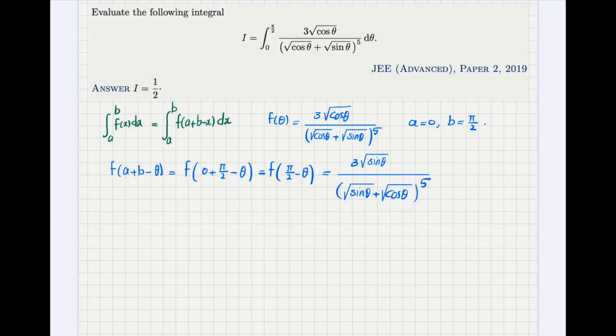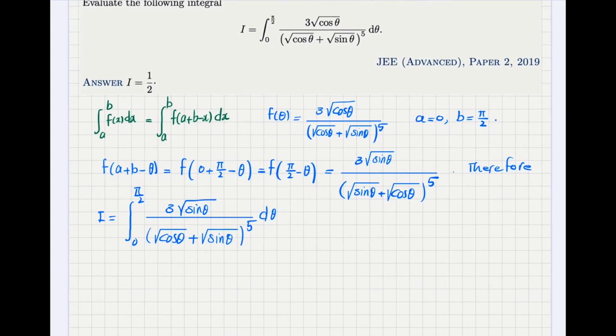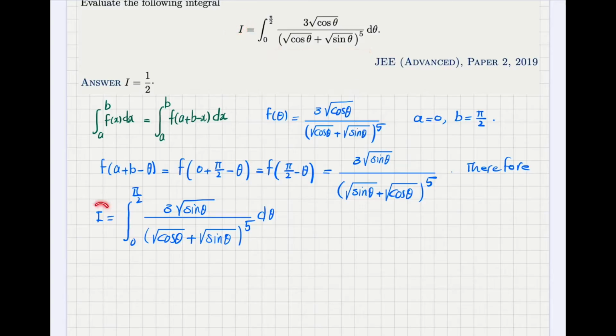Therefore I can write I is equal to the integral from 0 to pi over 2 of 3 square root of sine theta over the quantity square root of cosine theta plus square root of sine theta to the power 5 d theta. I can write cosine first, it doesn't matter because I have the addition between these two. Then the idea is the same as the previous problem. So here I have I equal to this, and I have I equal to this, so I can write I plus I is equal to,